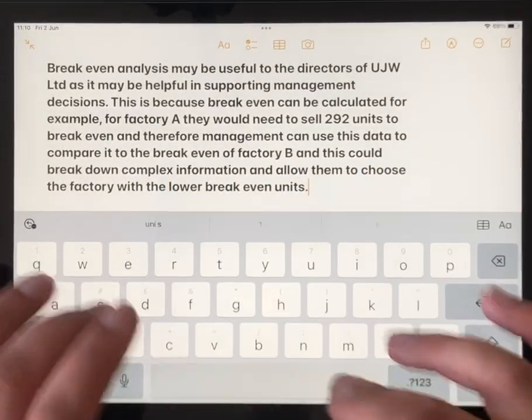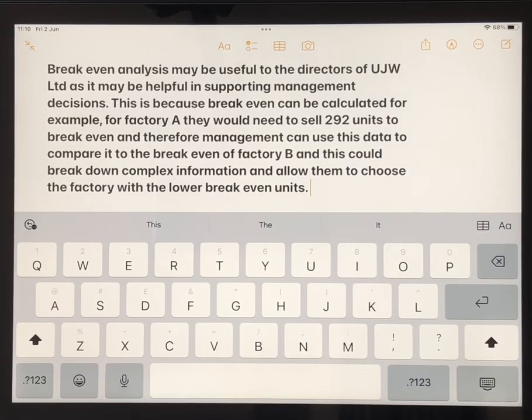Okay, so all we're saying is it might be useful to the management because it can support